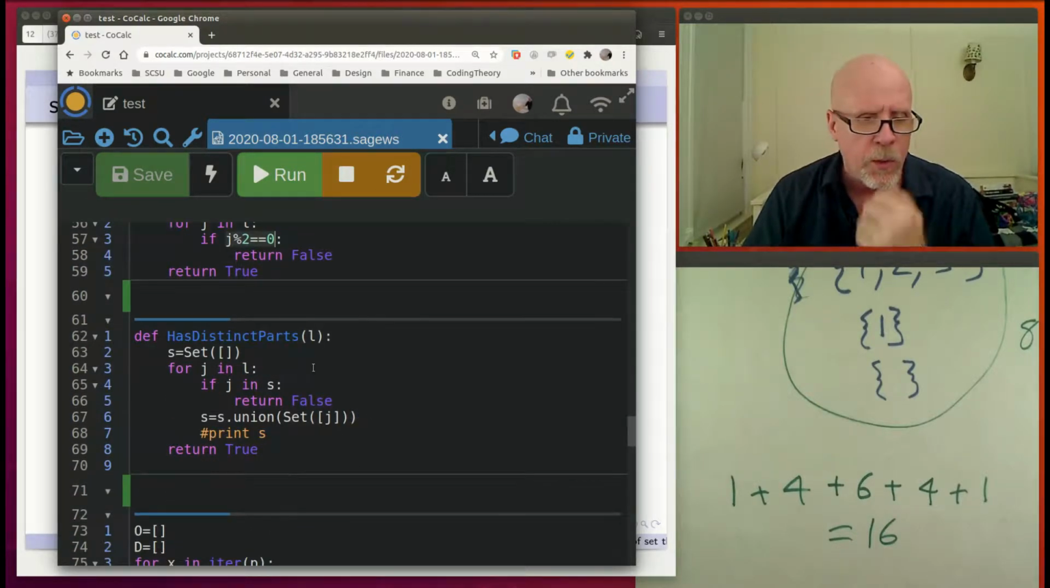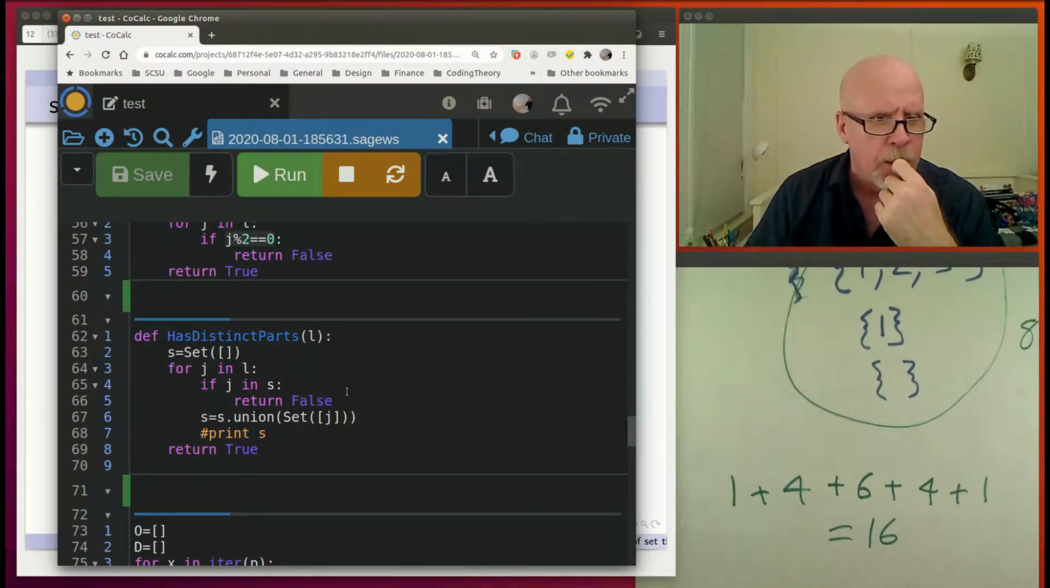This is pretty quick too. A little bit harder to understand, I suppose. We're defining a function called hasDistinctParts. Again, it takes L as its input. I define a set that is empty to begin with. And then for each member of that list, which is the list of numbers in the partition,